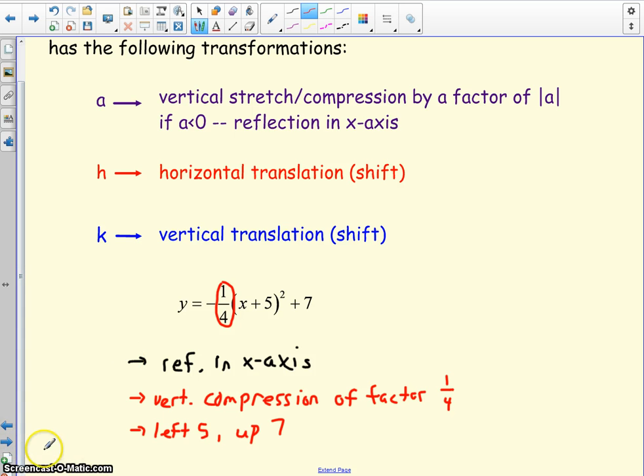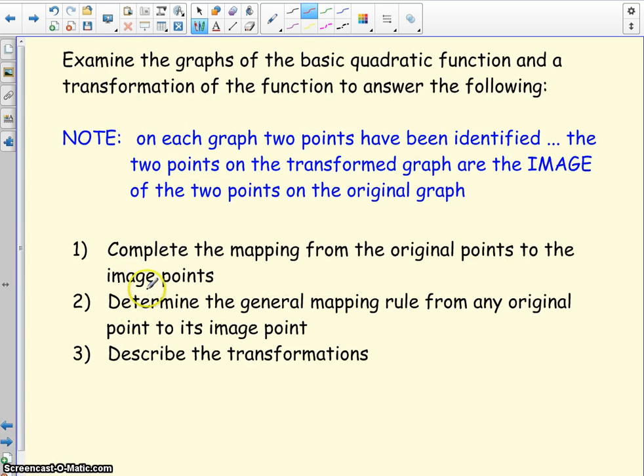Okay, so what we're going to try and do now is look again at the basic quadratic function y equals x squared and a transformed version. We're going to look at the two graphs and try to find some rules for how we can create the new graph using the original graph. The end goal here is to be able to create a graph of any quadratic equation we want